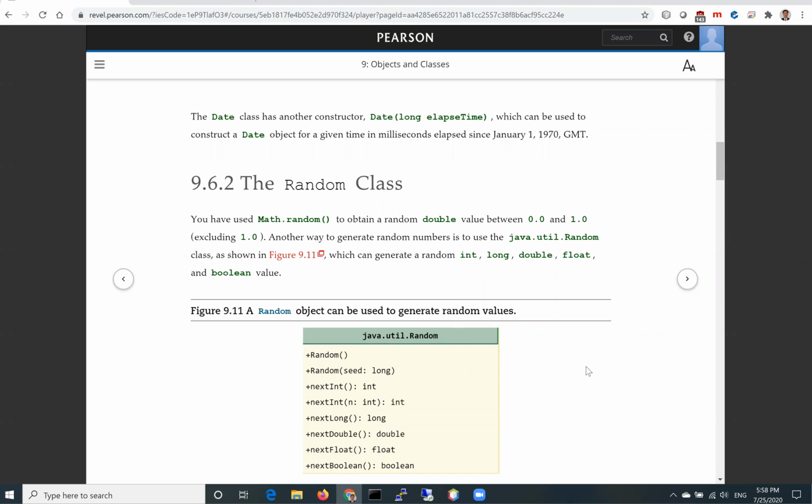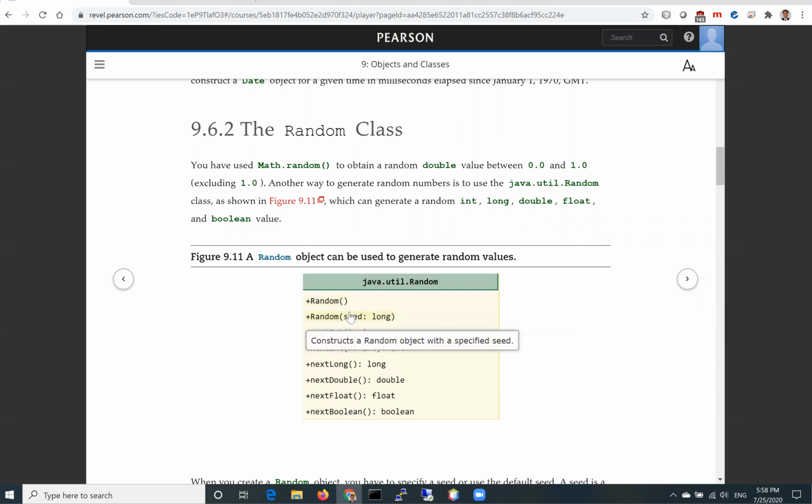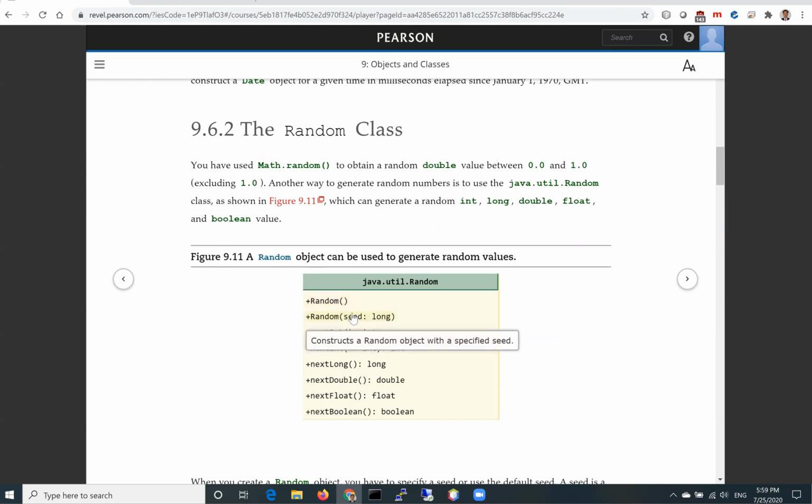So this is the Random class, the Random no-arg constructor, and this is the Random with a specified seed. If you use the no-arg constructor, it will use the current time as the seed, and this is Random with the